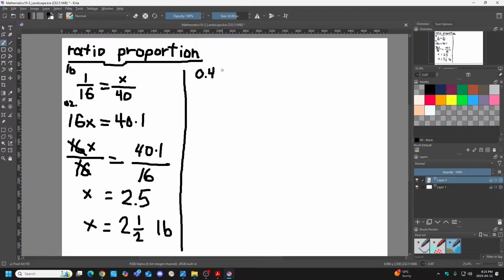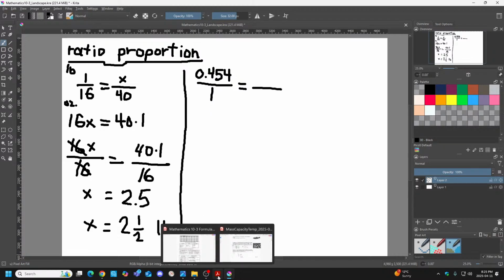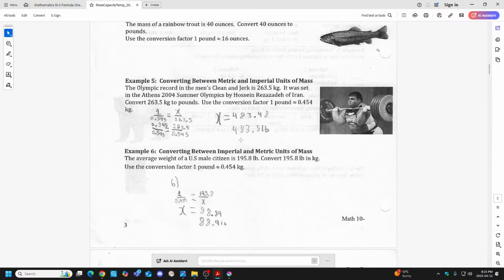0.454 over 1 equals, okay, I'm being consistent. The pounds is on top and the kilograms is on the bottom. It doesn't matter how you do it. As long as you set it up properly, you'll still get the right answer. Okay, so here we go. So we're converting